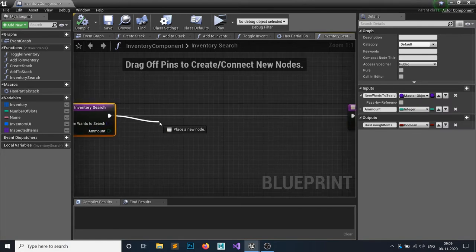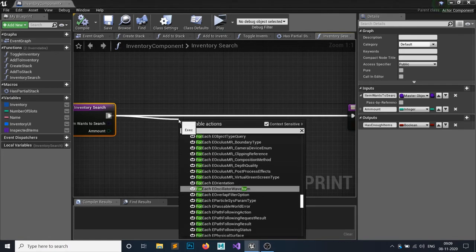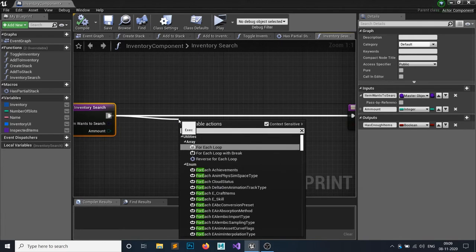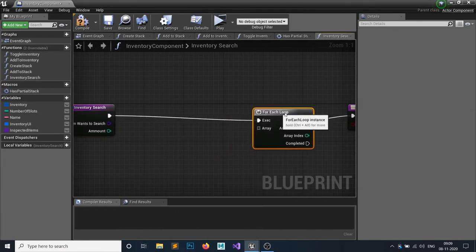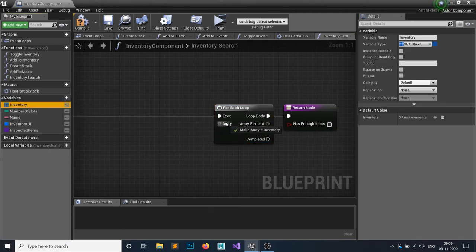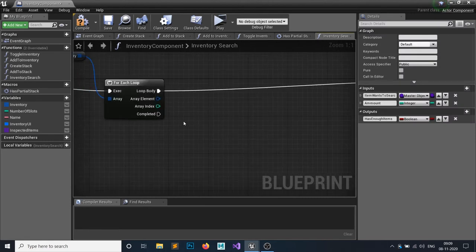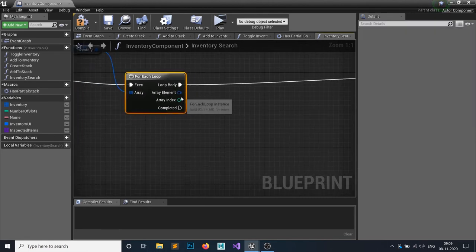Okay, so first things first, let's make a for each loop, and the items I want to search from is my inventory array. An item I want to search is this array element.